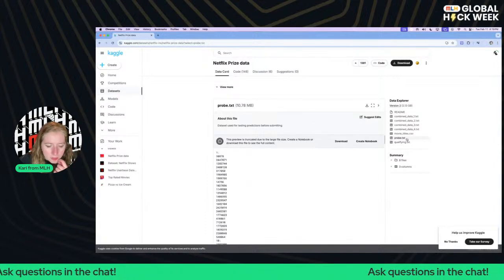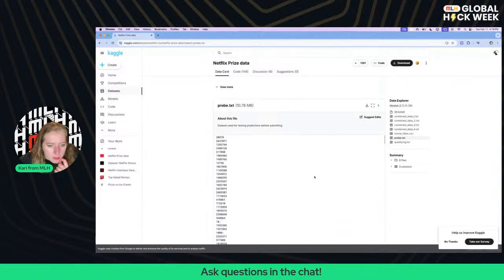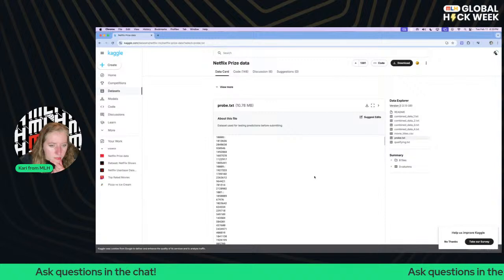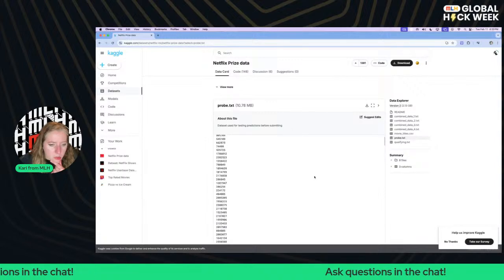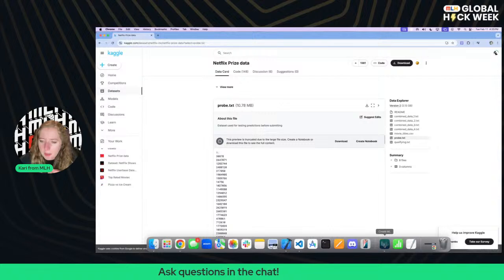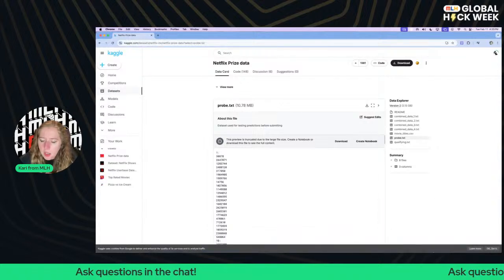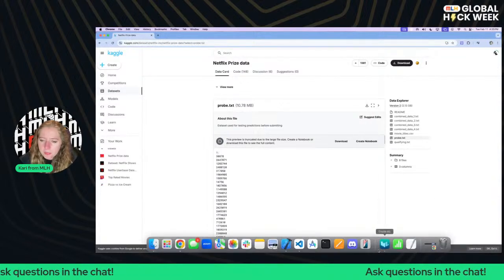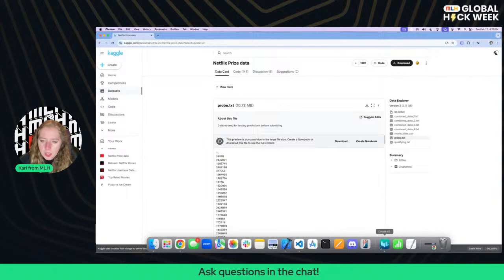Interesting. This is to predict specific movies potentially. I'm not sure how this test data set works, but either way, what we can do now is go back